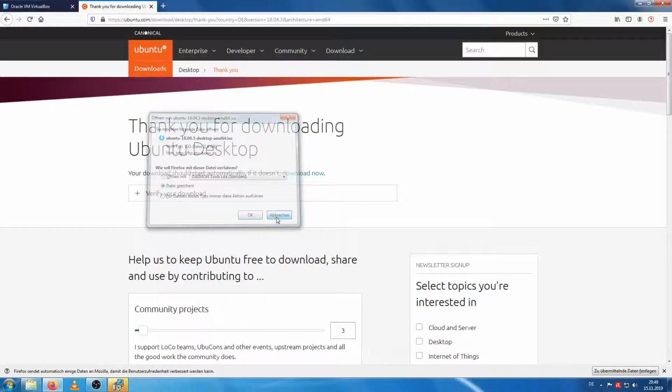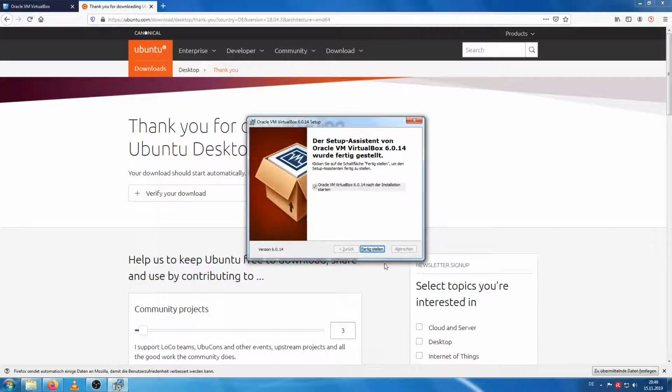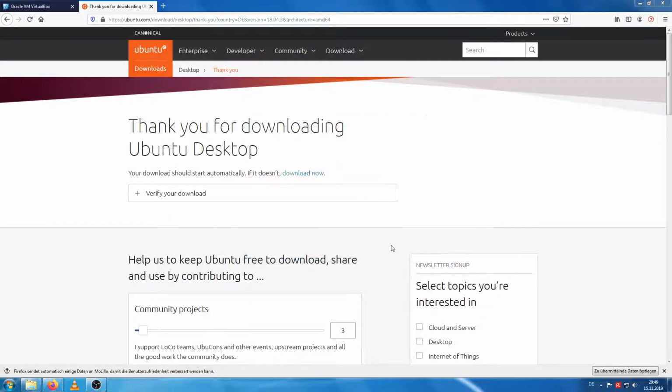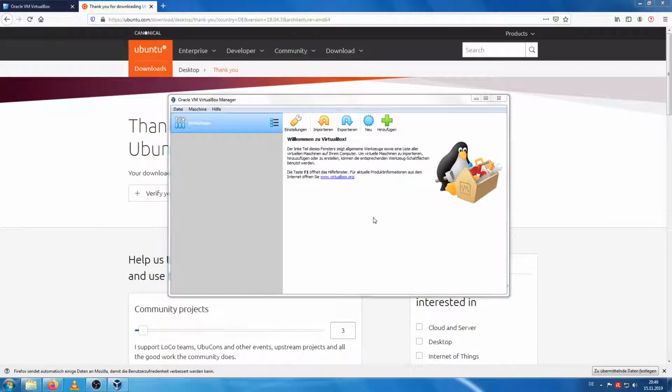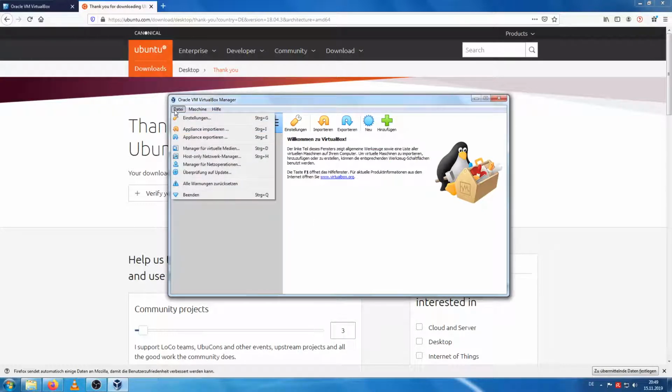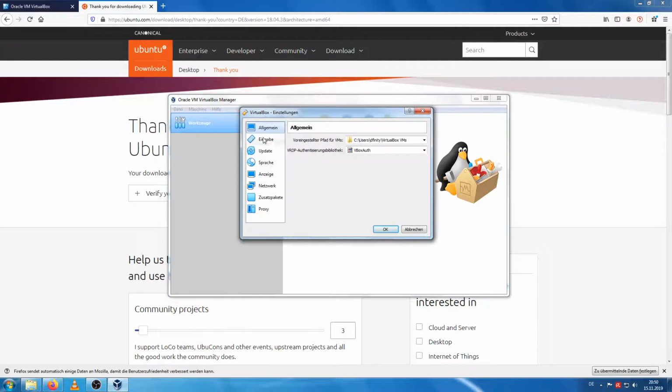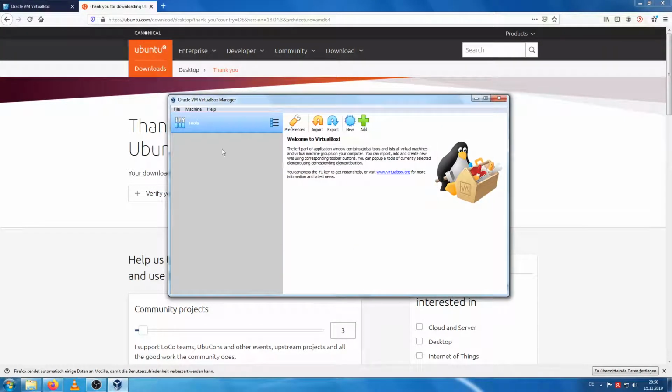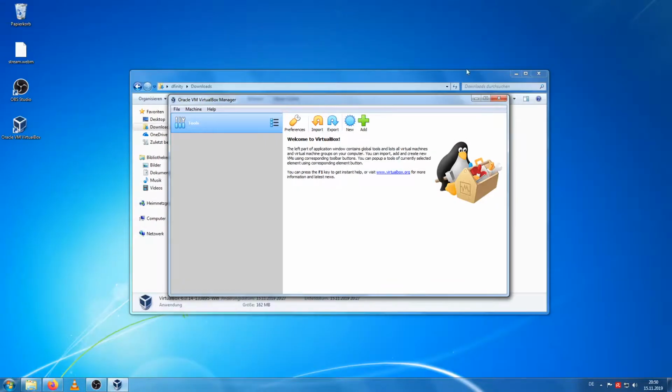So yeah, like I said, I already downloaded it, and looks like my VirtualBox installation is ready too. So I will just start this, and maybe I should change the language to English so you guys understand at least a little bit. Alright, so